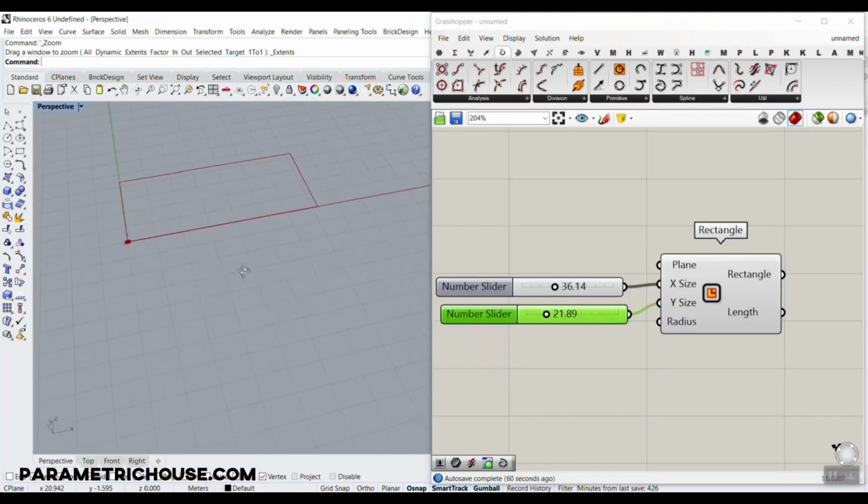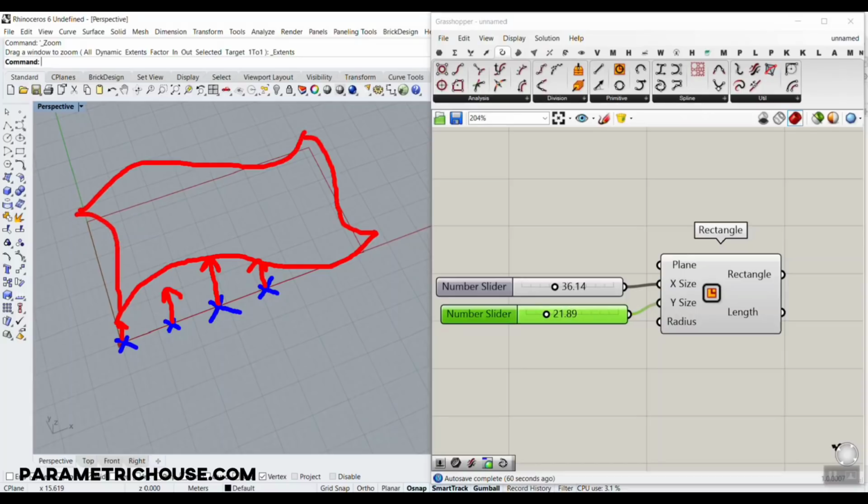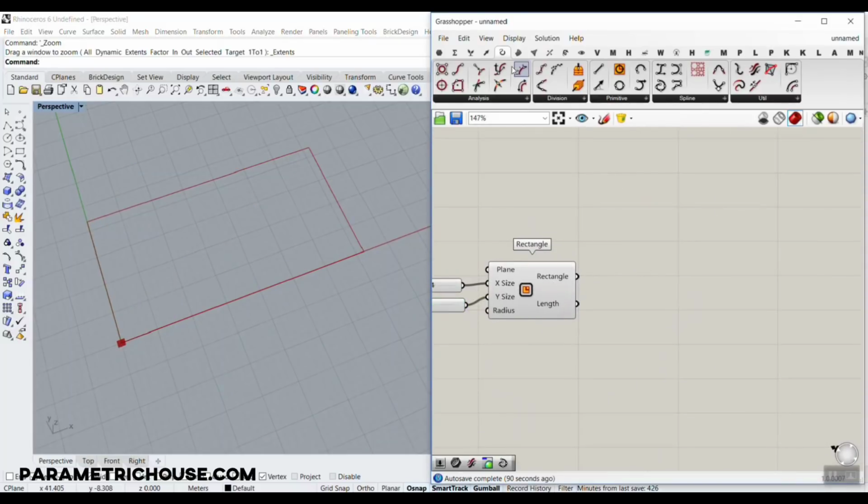Okay, so what I want to do, the algorithm is not really complicated. What we want to do is to deconstruct this or explode the curve, and then divide the segments into points, right, and move these points up in the z direction. So we can move them in different z directions, and then if we connect them, we will produce a parametric curve which we can control with number sliders, and then we can produce the NURBS surface. So I'm going to go to the curve section and use the explode, which will explode the curve into smaller segments,